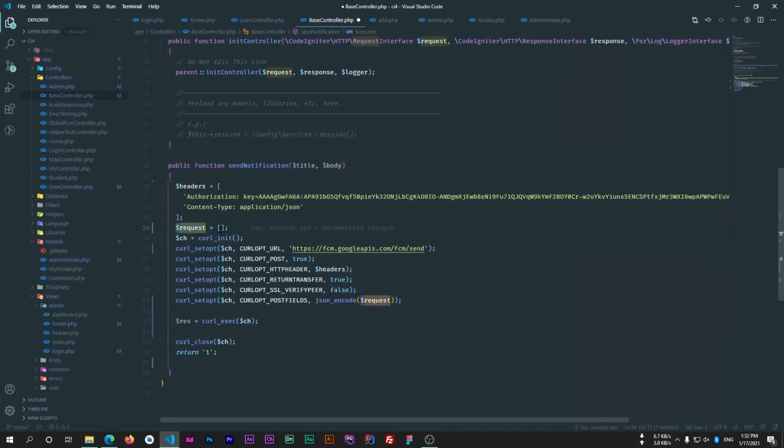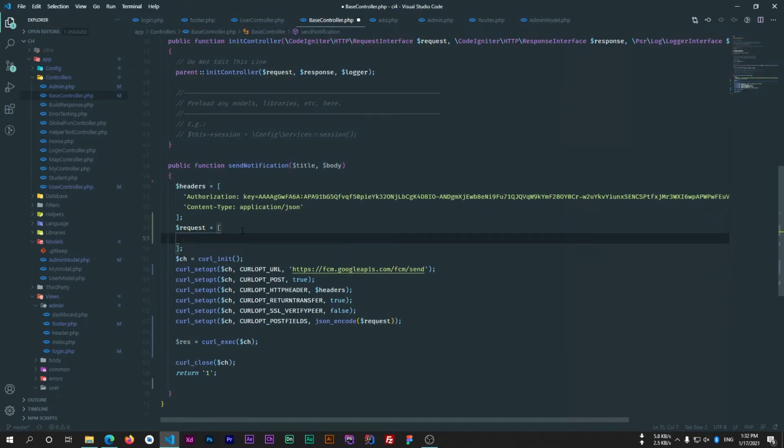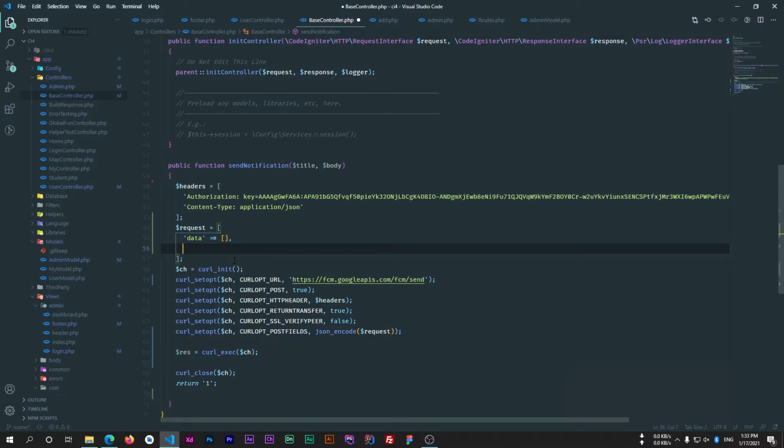So this request requires 2 parameters. First one is data, which is also an array, and the second one is registration IDs. This is also an array containing the multiple tokens. So this will contain all the IDs.